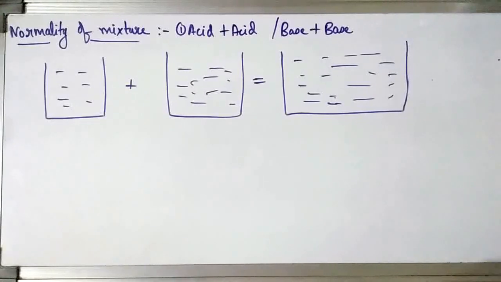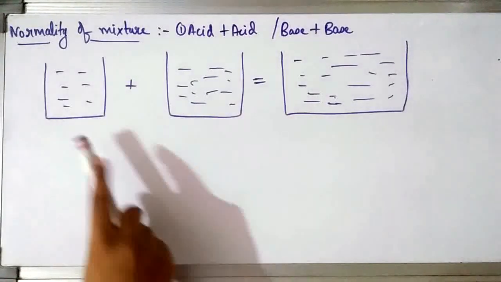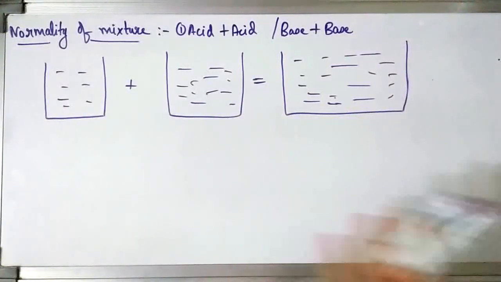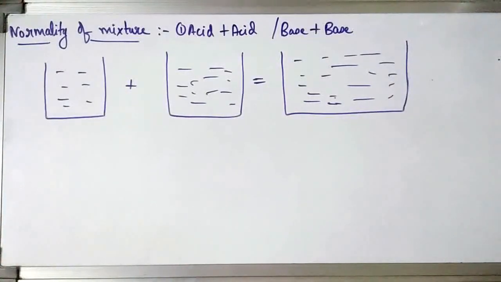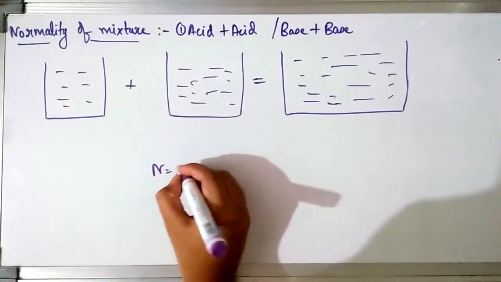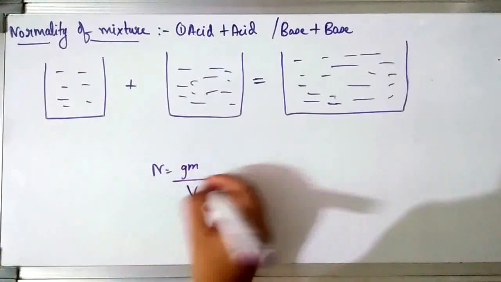So now let's talk about the normality of mixtures. Now this normality of mixtures is very similar to your molarity of mixtures. Suppose we add acid plus acid, or base plus base, and we get a mixture. What happens to the normality of that? Let's see. We know that the normality is equal to the gram equivalents upon the volume of solution,